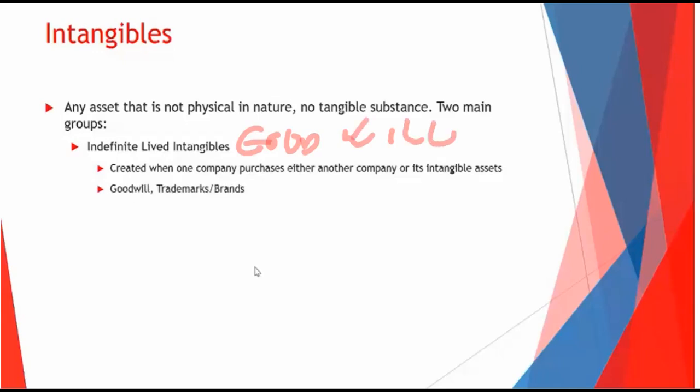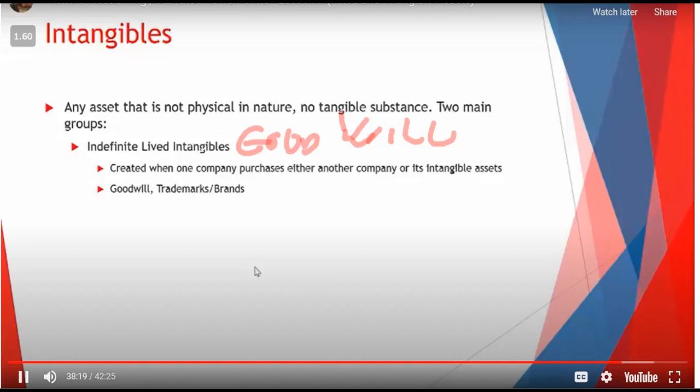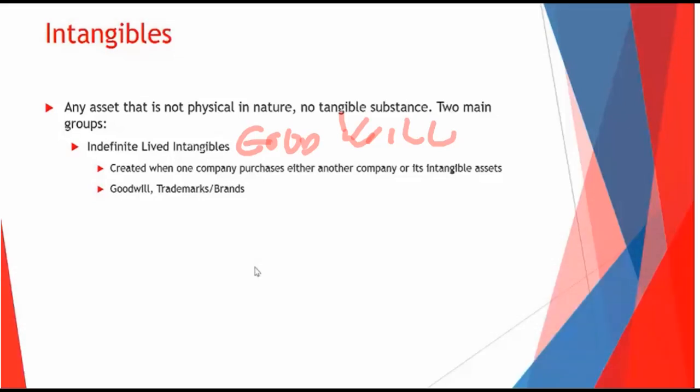The examples of indefinite-lived intangibles: goodwill is the prime example, but also trademarks or brands, a trade name. That's just Coca-Cola. The Coca-Cola name would be an example, or the Nike swoosh. It's not going anywhere. It doesn't get used up over time. Coca-Cola doesn't have any value on that trademark within their own company because they developed it themselves. But if, say, Pepsi were to buy Coca-Cola, it's not going to happen, but say they were going to, then they would assign some value of that purchase to the Coca-Cola trademark, and that would be an intangible asset.